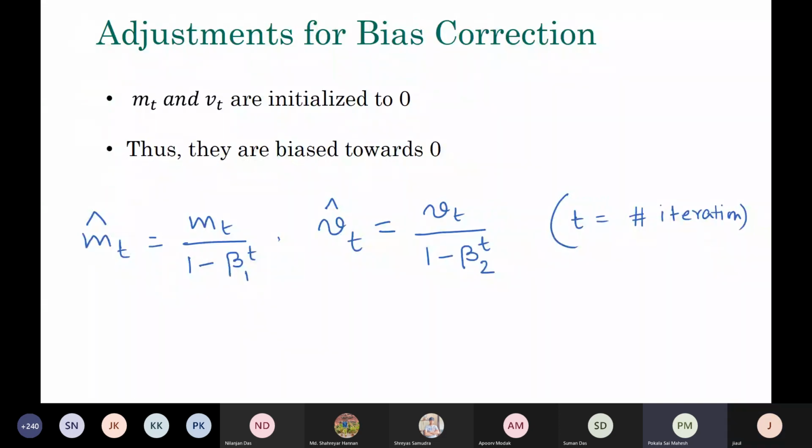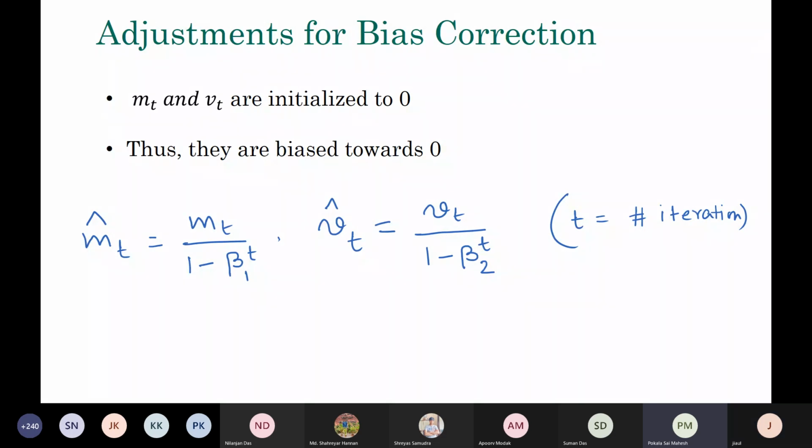So here, of course, you need to have the MT and VT initialized. So you basically initialize MT and VT to 0, because you do not know initially what the values are. Thus, when you are starting off, these values are biased towards 0. So there is some correction factor that people introduced, so that the actual MT that you use is the original MT divided by 1 minus beta 1 to the power t, and VT is the original VT divided by 1 minus beta 2 to the power t, where t is the number of iterations, and that is what I actually refer to as a decaying average. So as you progress through the iterations, you are doing this kind of correction little by little.